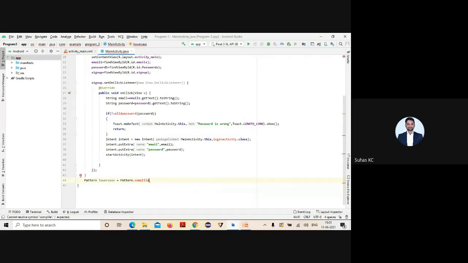So for that I'm writing the regular expression. Can anybody say, how many of you studied Lex and Yacc? Which particular character is used to match from the starting?